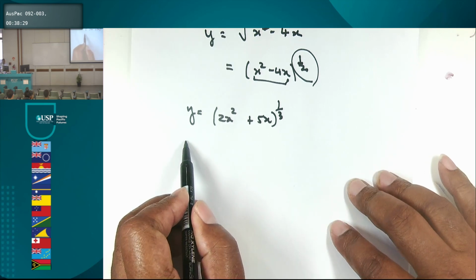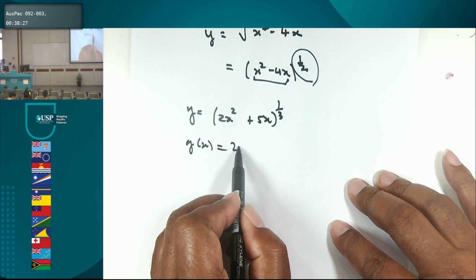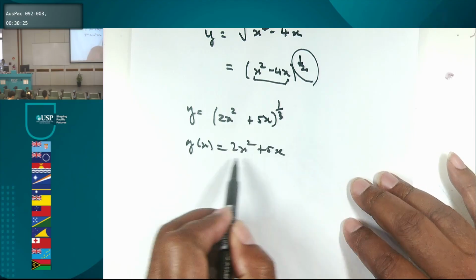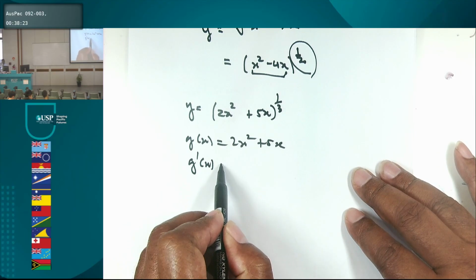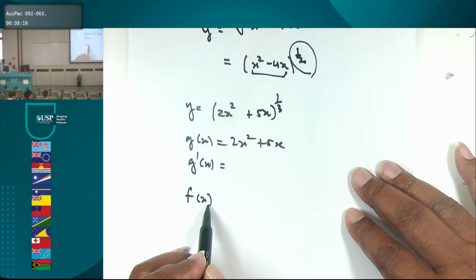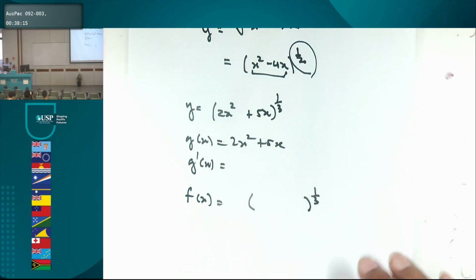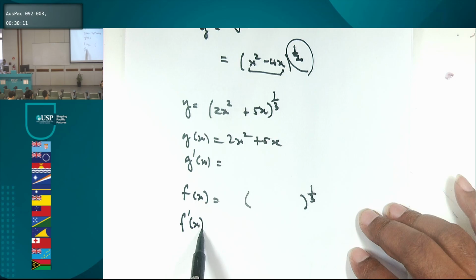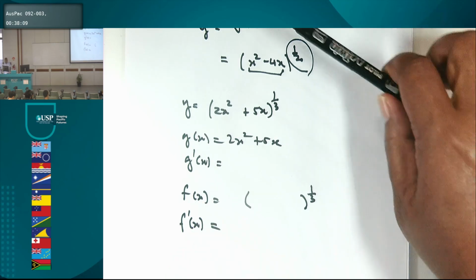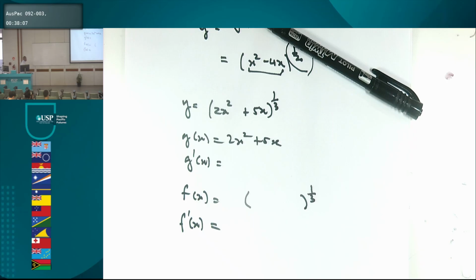So the inner function is, outer function, give it a go. g dash x is easy. What's the expression for g dash? 4x plus 5, agree? And f dash,